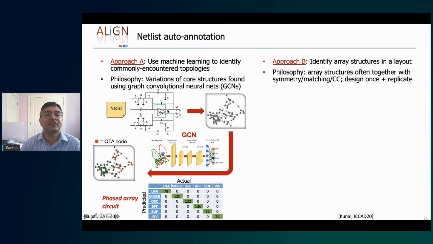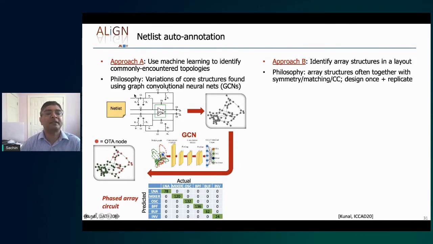So if I have this structure over here, I can take the entire structure and represent it in the form of a graph. And if I want to pull out this hierarchy, the question I want to ask is a classification question. If I take a specific node over here, does this belong on the inside of the OTA or not? So since this is a graph, we can train a graph convolutional neural network to handle this. And based on that, I'll skip over the details. We can say that these brown nodes over here are actually nodes that fall inside the OTA. And so we've then reconstructed the structure of the OTA. We now say that these blocks can be pulled in over here, and the remaining blocks are something else, and we'll use other techniques to identify them.